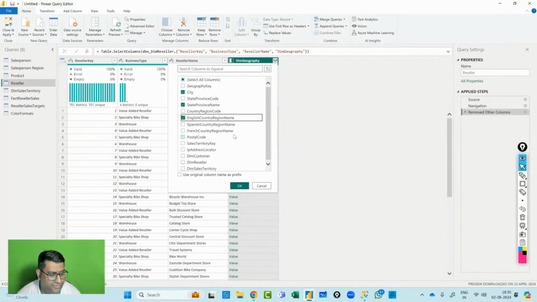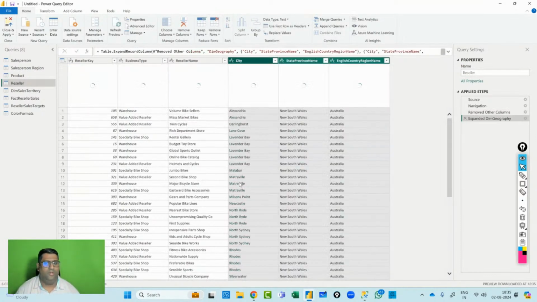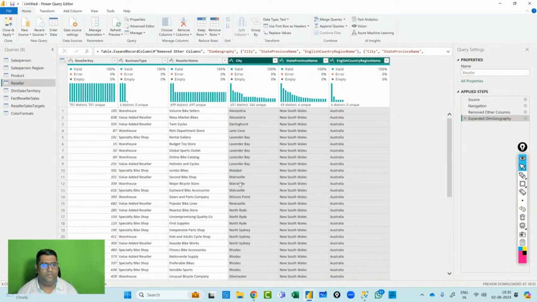So these are the 3 columns that I will be referring to from this particular table. Now when I click OK, you will see there are 3 columns available: city, state, province, and English country region name. Now if you look at the business type column,